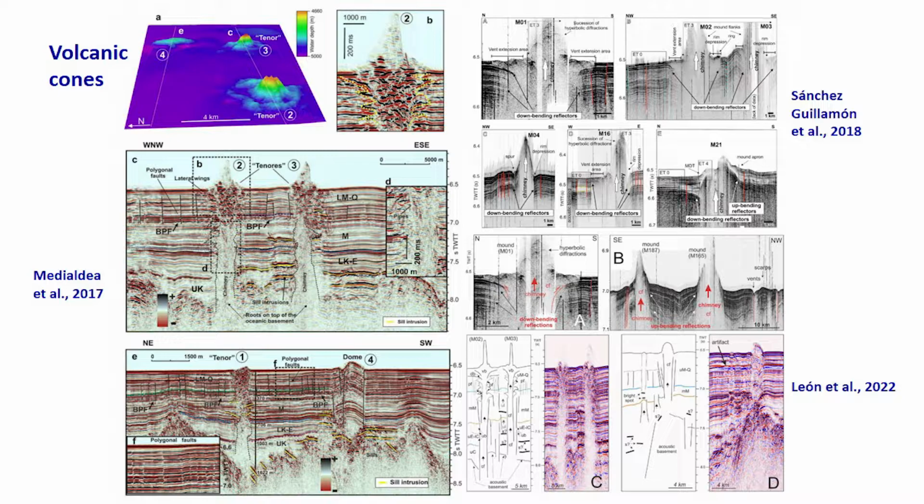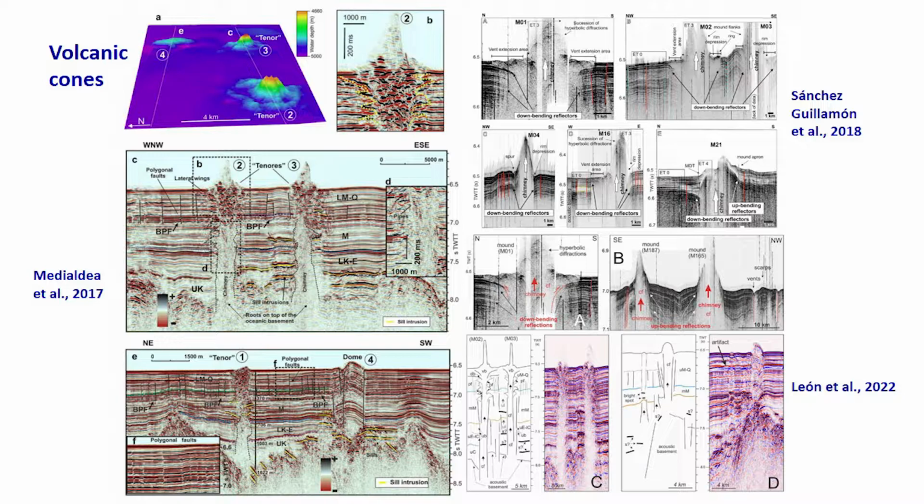But there are several volcanic cones that proceed from sill intrusions and places at different depths. They could proceed from basement height, but also could cross all the sedimentary cover, as in the example of the Tenores